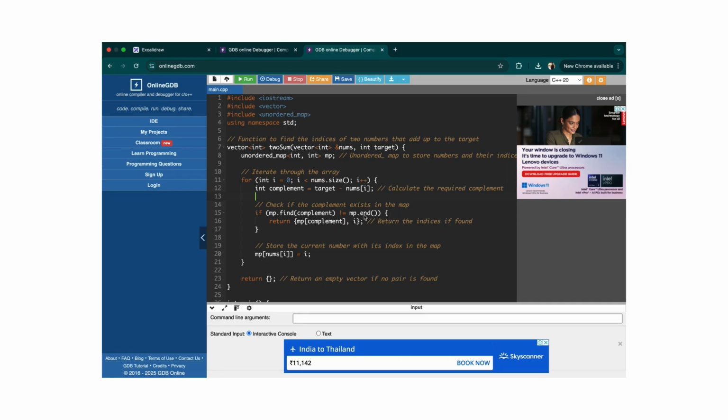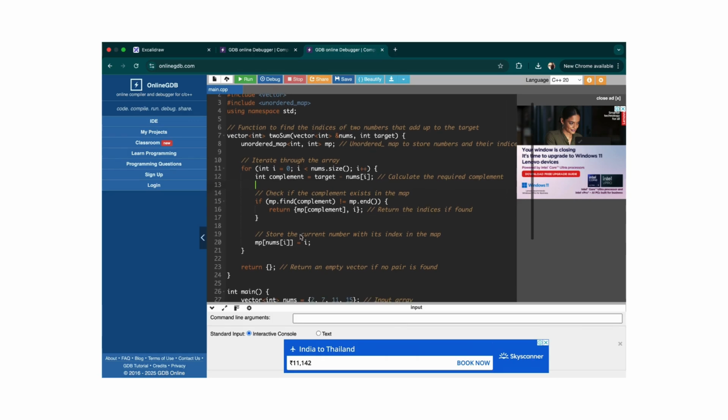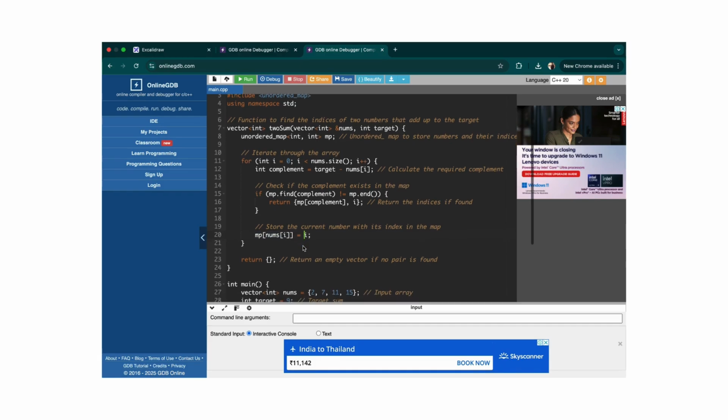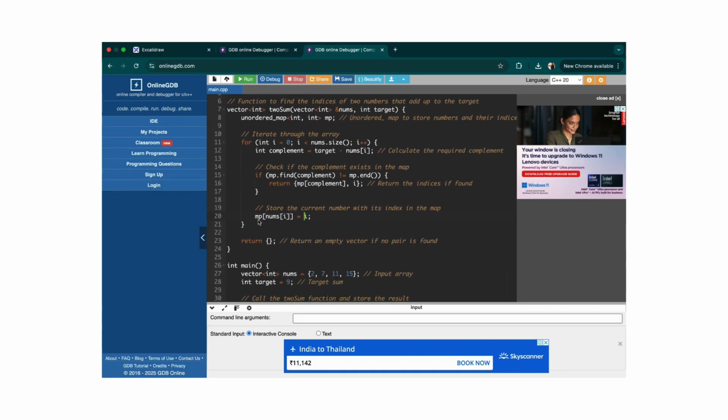So if we found the complement in the map, we will return the indices. If we don't find the complement in the map, and it doesn't pass this condition, then we straight away move out of this and just store the current number with its index in the map. This will be the syntax of it: mp of nums[i] equals i,